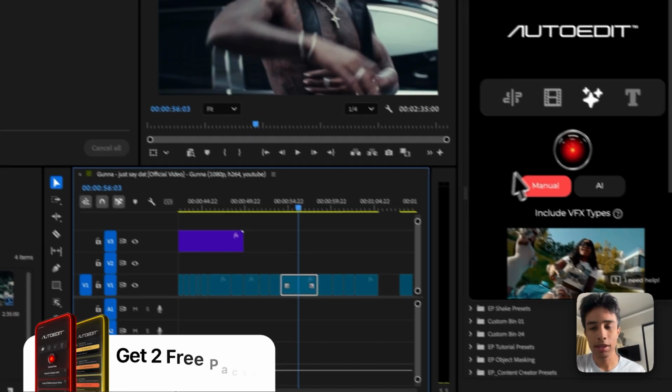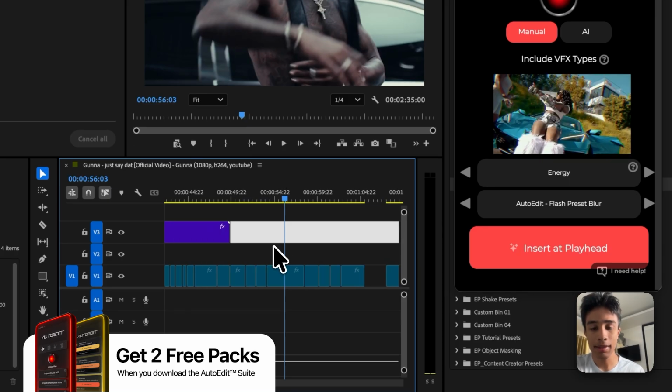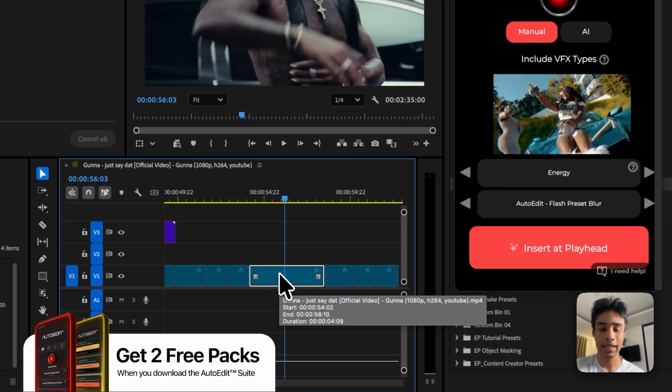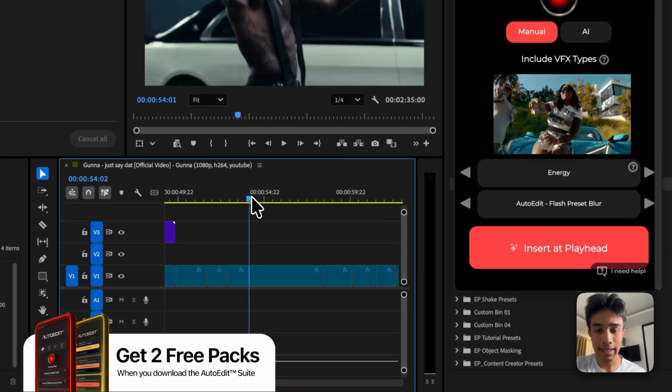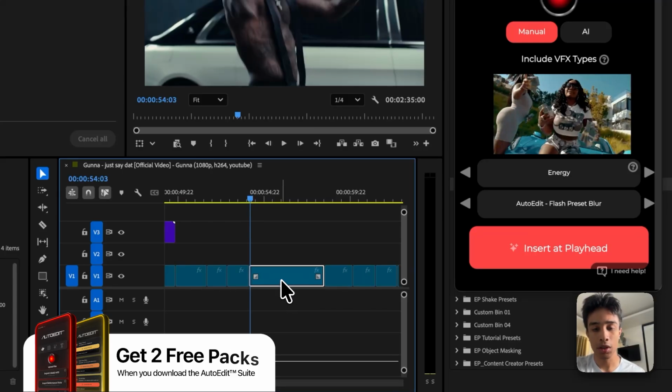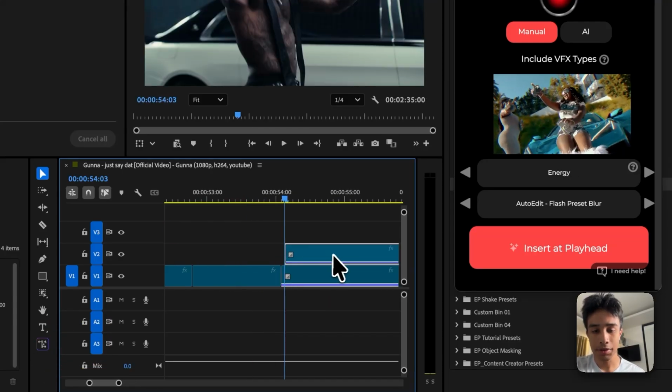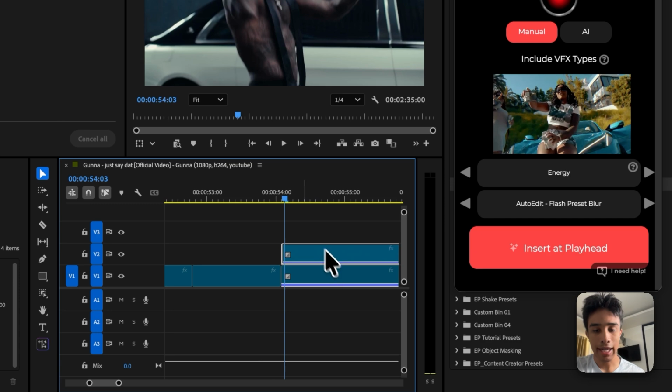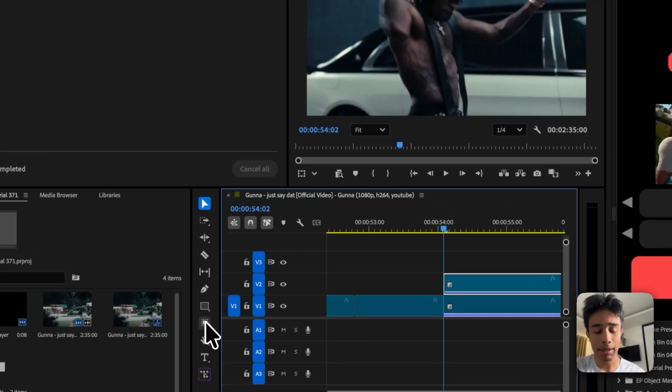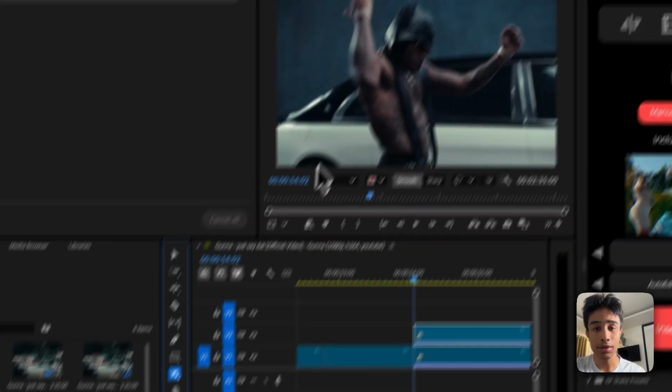But one of my favorite parts about these energy effects is that you can combine them with Premiere Pro's new object masking feature. So to object mask, it's pretty easy. You just hold Option or Alt, you drag up on one of your clips to duplicate it, and then you go to the very beginning and grab the new object masking tool, which is only available in